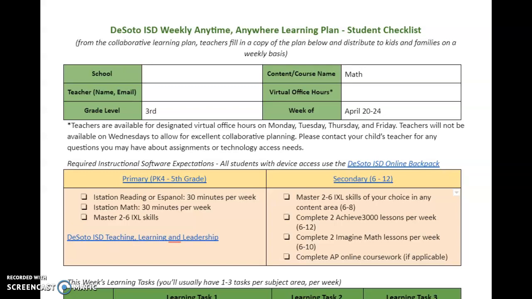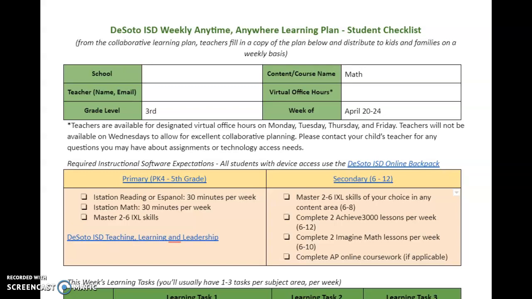The student checklist is designed to guide students through the completion of the performance assessment while also covering topics that will deepen their understanding of performance assessment concepts. The student checklist is posted weekly on a Monday to your child's learning management system, which is either Google Classroom or Schoology. If you are unsure of your child's learning management system, please feel free to reach out to your